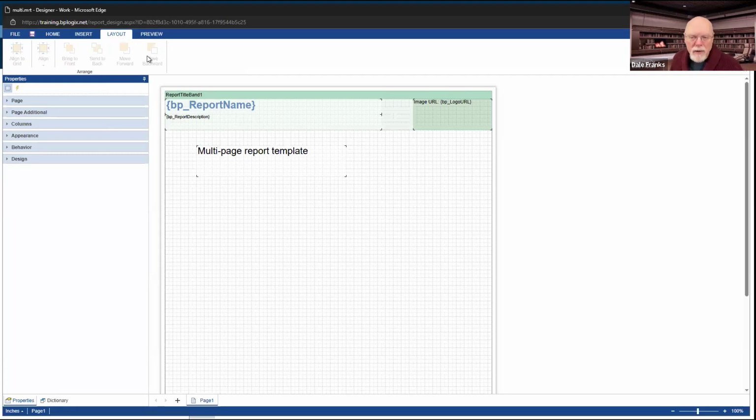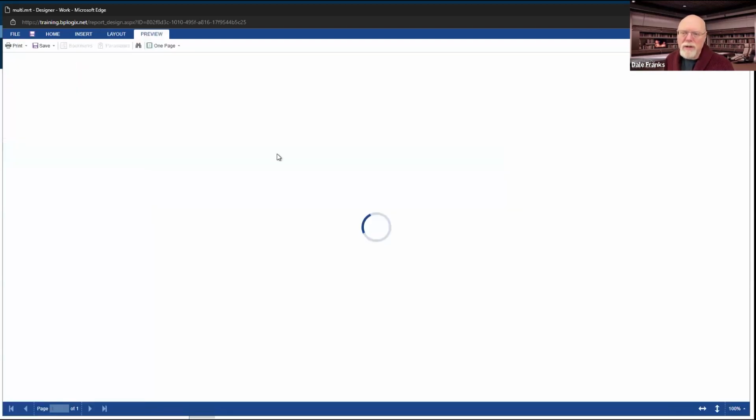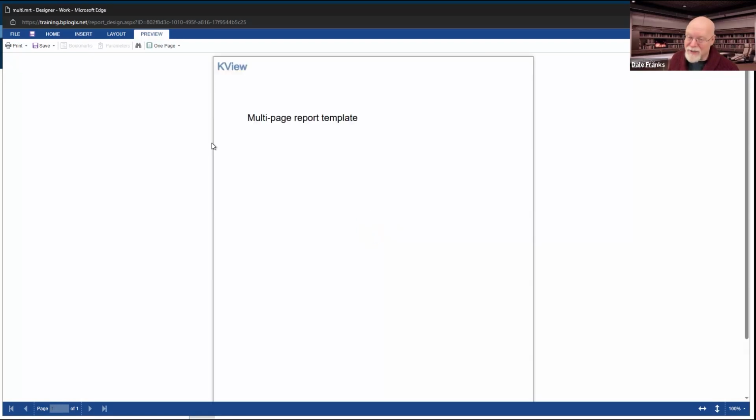There is a layout toolbar, which allows us to align objects. We can select multiple objects and align them, or, since each object is on its own layer, we can bring some layers to the front and move some to the back. That won't really be necessary today as we're just creating a text report, but you do have that ability. And then, of course, is the preview tab, which will just preview the report. This report still has no data, although it is going to reference the knowledge view and run it, even though it's not actually reporting any data.